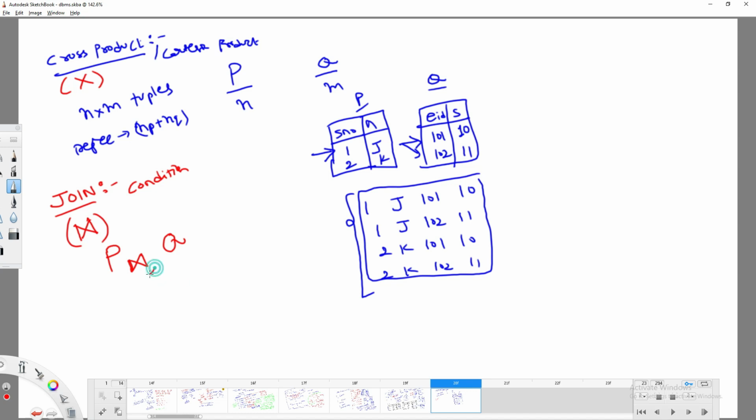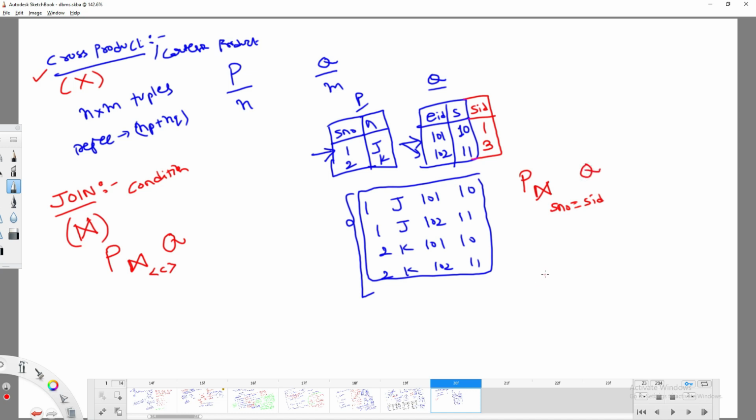If I mention a certain condition, try to observe. For example, here I modified it so that there is some other serial ID, 1 and 3. I am trying to perform P join on serial number equal to serial ID with Q. Is it meaningful or not? I am trying to find all the details where serial number and serial ID match.